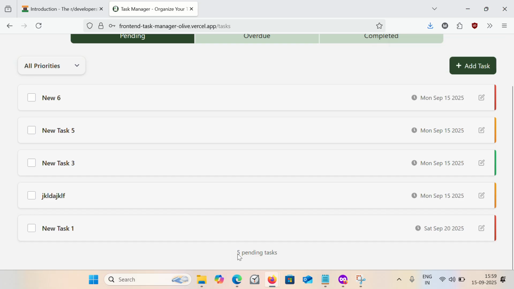As we can see, right now we don't have any pagination because our pagination limit is 5. On one page we can see only 5 tasks, and right now we have 5 tasks, so we can't see pagination. And I will add the 6th task,